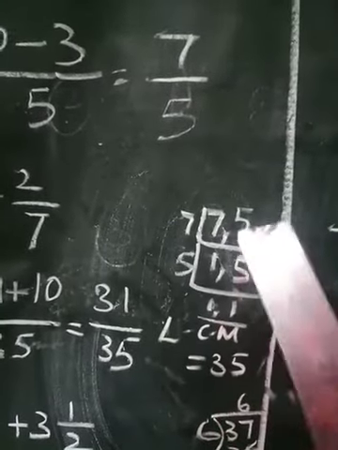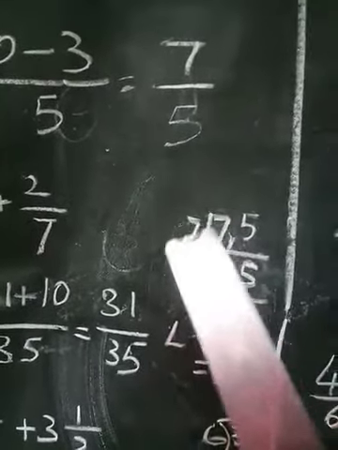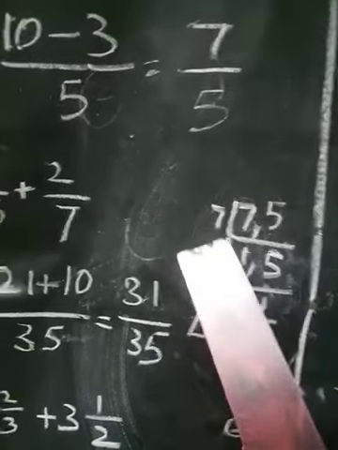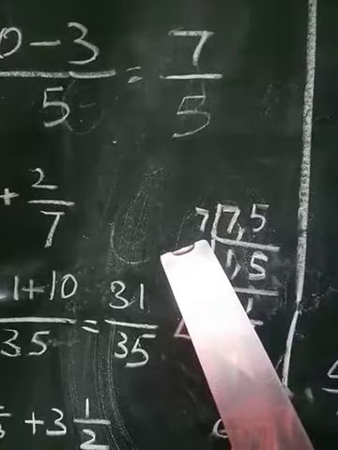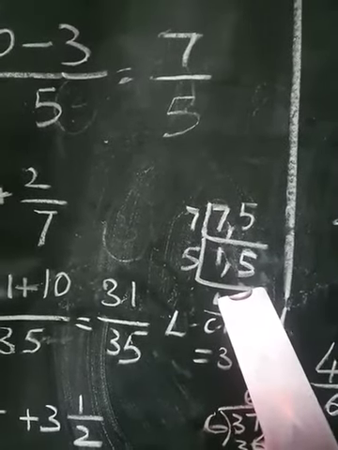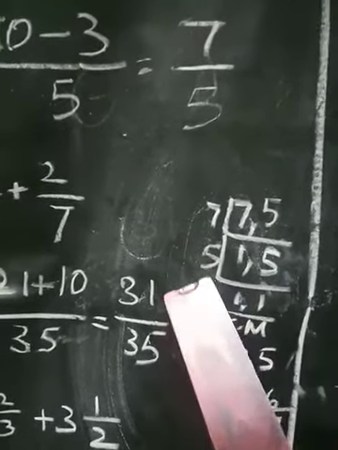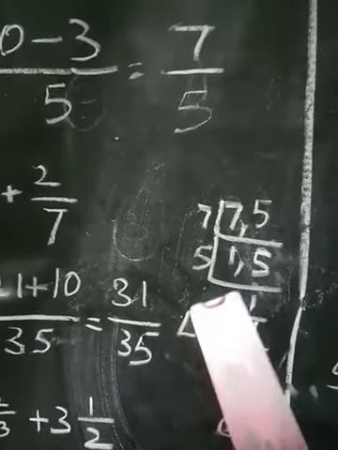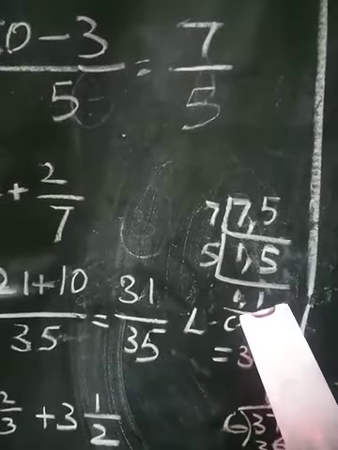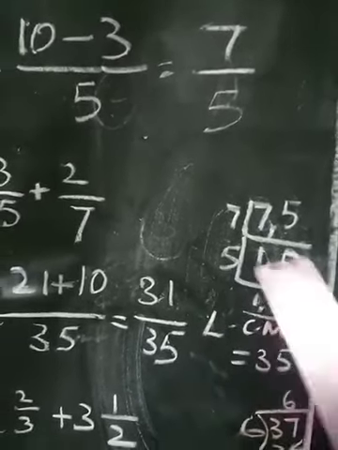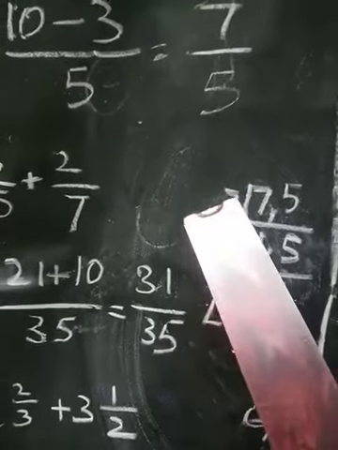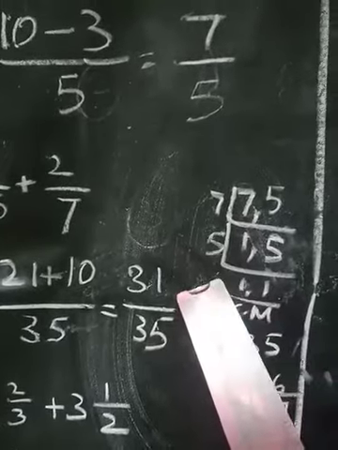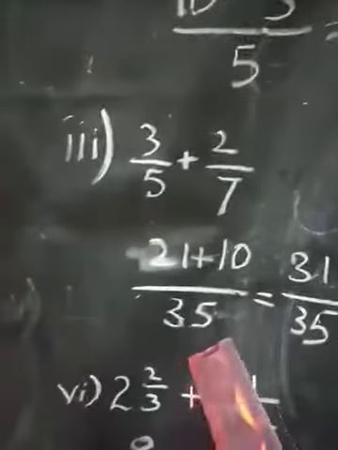See 7 comma 5. So just you have to divide the numbers. 7 ones are 7 and 5 is not a multiple of 7. So just put 5 as it is. Next 5. Here put 1 as it is. 5 ones are 5. Okay students. So till the 1 comes you have to divide like this. Next you have to multiply. 7 5s are 35. That will be your LCM.